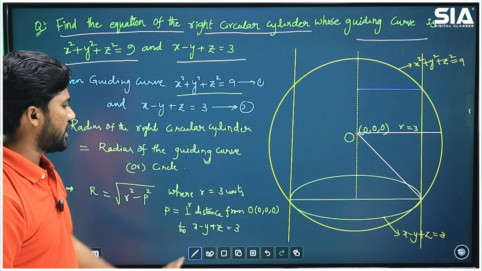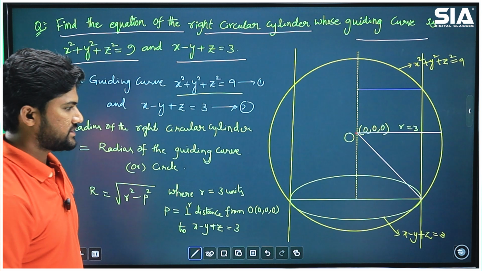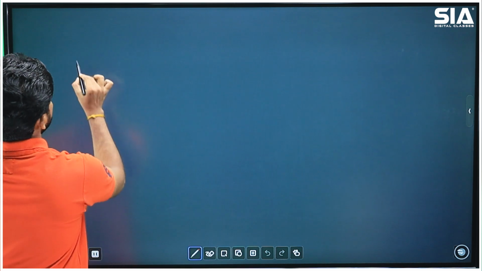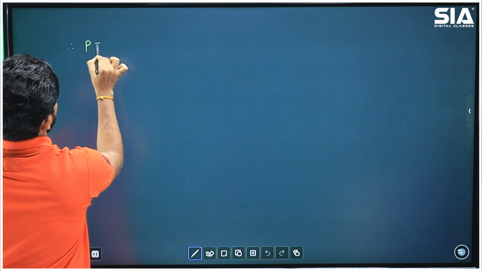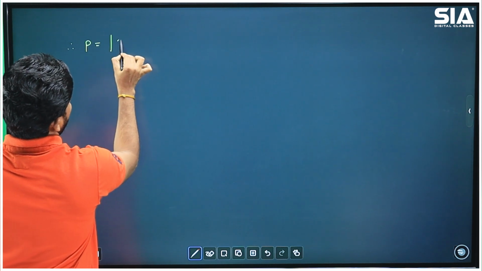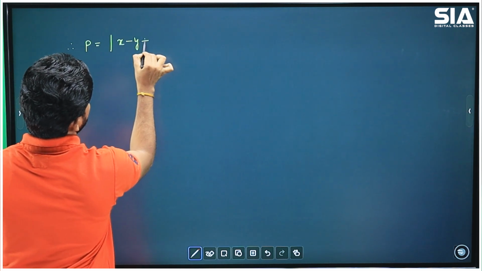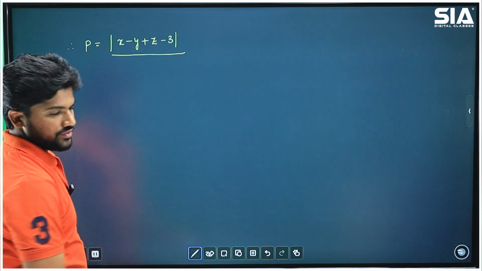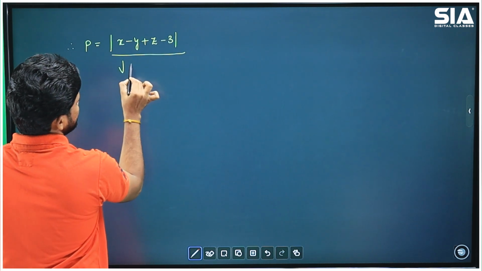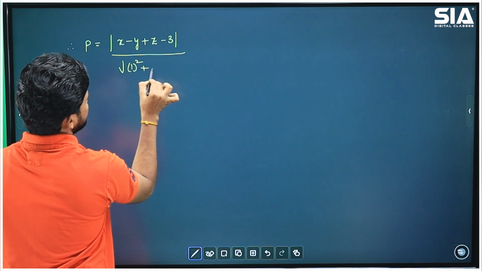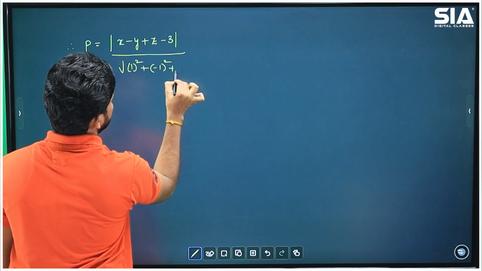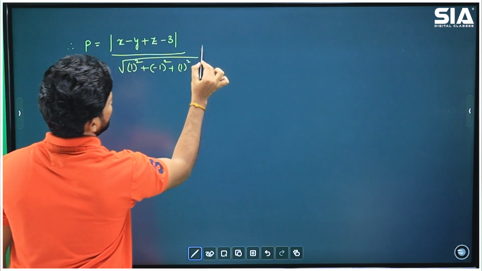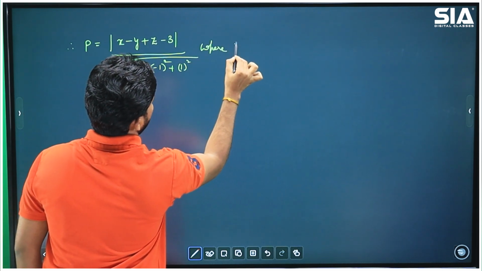So now we have to find the perpendicular distance. So small p is equal to, what is the formula? x minus y plus z minus 3 by under root of x coefficient 1 square plus y coefficient minus 1 whole square plus z coefficient 1 square. Okay, so this is the formula, where x, y, z